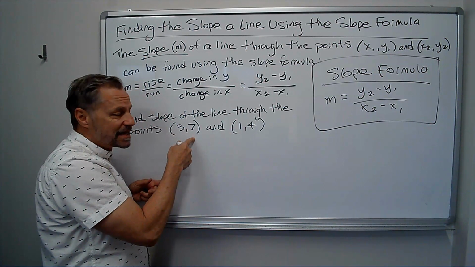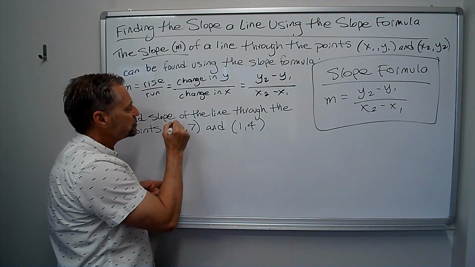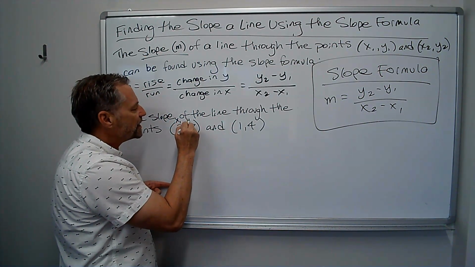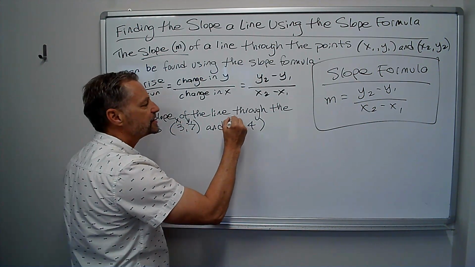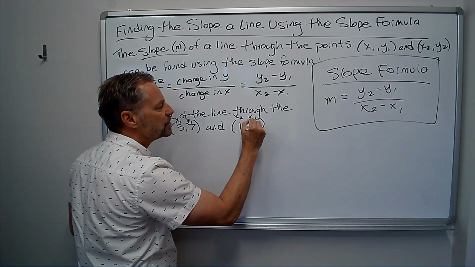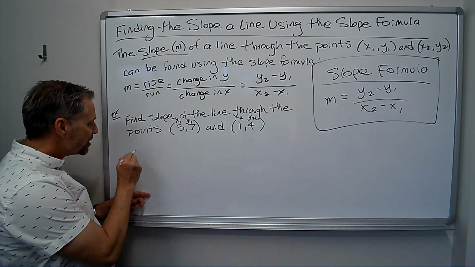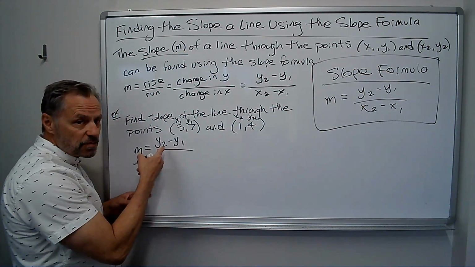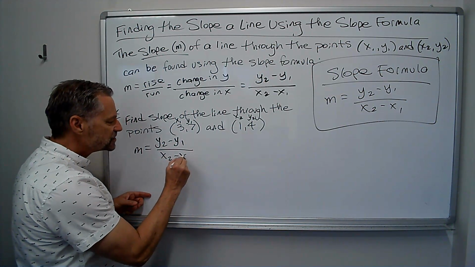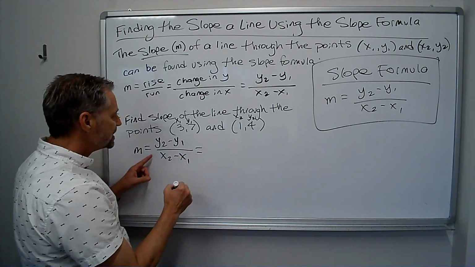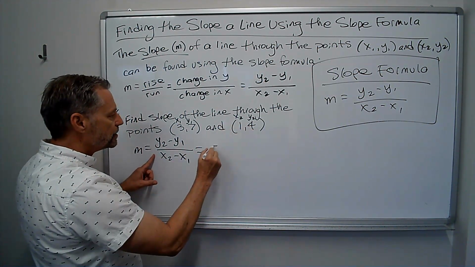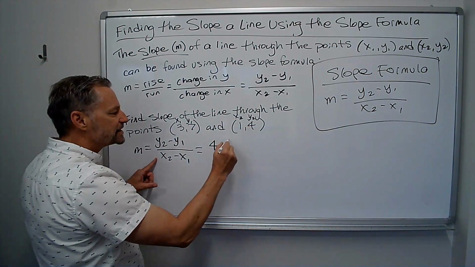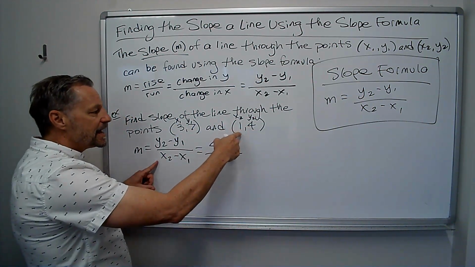But this is x and that's y. So if I pick this as my first point, this is going to be x1, that's going to be y1. Similarly, this is going to be x2, this is going to be y2. And so when I do my formula for the slope, y2 minus y1, the change in y, over x2 minus x1, the change in x, I'm going to get y2 is 4 minus y1 is 7, and then x2 is